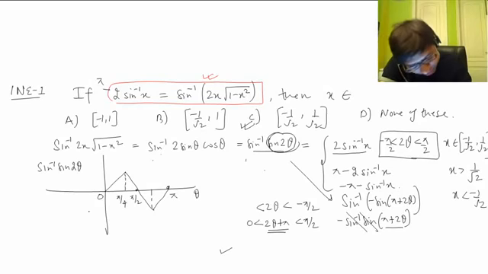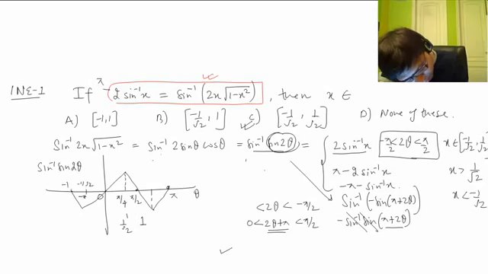this is the mapping of theta. We'll have to do the x mapping. X mapping is, this is 1 by root 2, this is sine pi by 2 is 1. If you go on this side, this is minus 1 by root 2 x mapping, and this is minus 1, though it is minus pi by 4, but the corresponding value is minus 1 by root 2. So you can see that this definition is 2 theta, this is also 2 theta, this is pi minus 2 theta, and this will come out to be minus pi minus 2 theta. So you can see that we are getting the same values here.